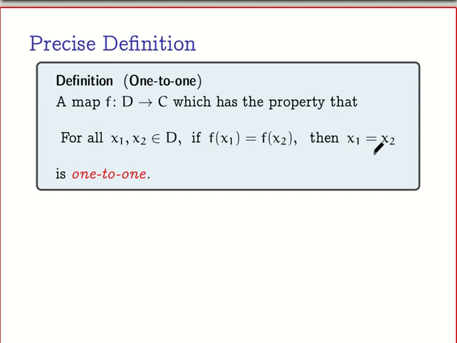So the only pairings that are allowed have, whenever this occurs, it means you really are looking at one pairing of x to f of x and not 2. Okay,